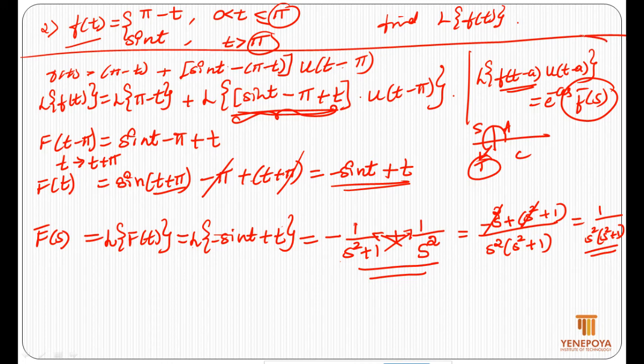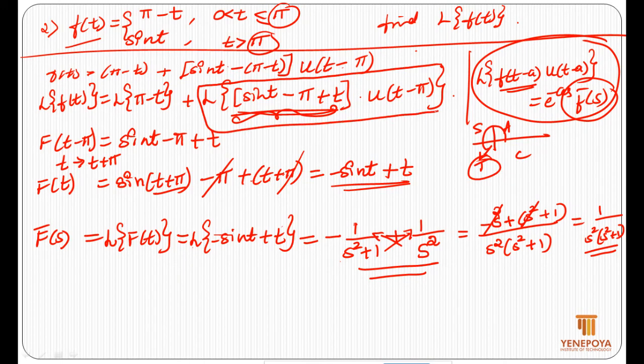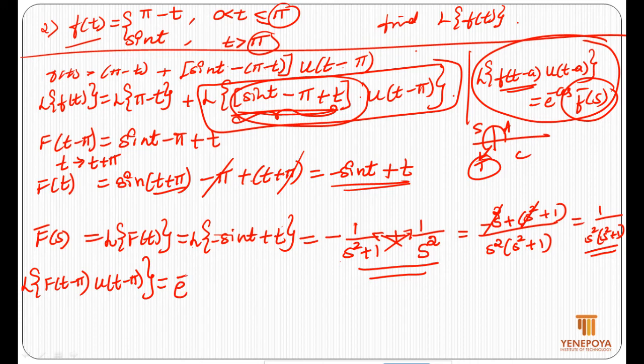Now using this formula for the third term, the second term on the RHS, the Laplace transform of F(t − π) into u(t − π) is e^(−as), where a is π, correct, times F̄(s), which we have in the previous line, that is 1 divided by s²(s² + 1). Therefore the final answer, the Laplace transform of f(t), is